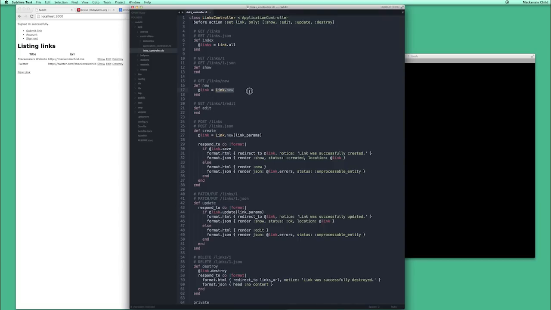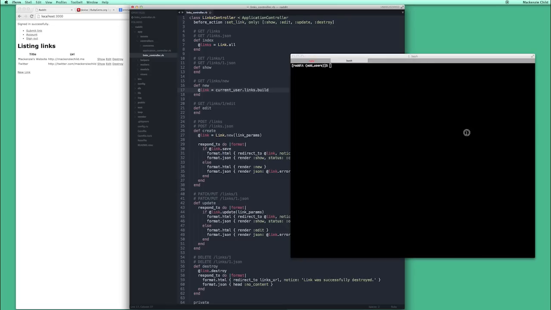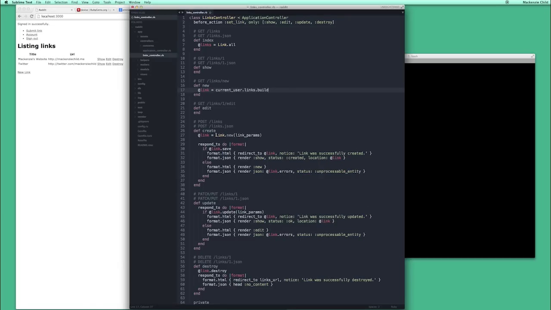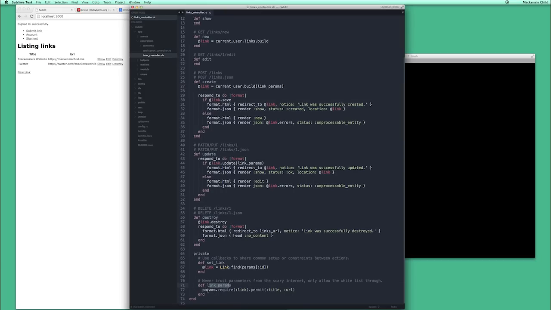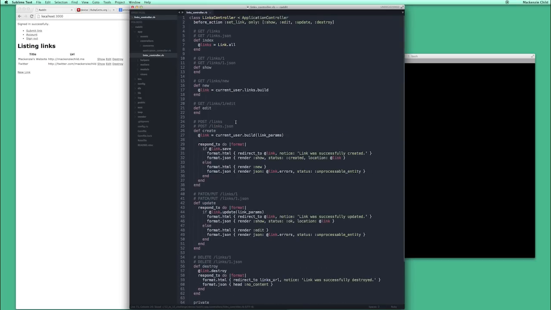So we're going to do @link equals current_user.links.build instead of Link.new. So this builds it out from the user instead of from just a new link. So let me do the create as well. We'll do current_user.build, and we're going to build from the link_params. And the link_params is under the private method def link_params. Right, so if we save that,